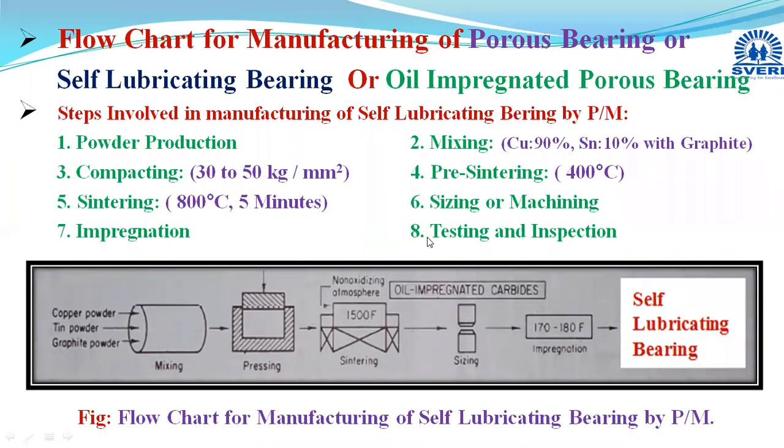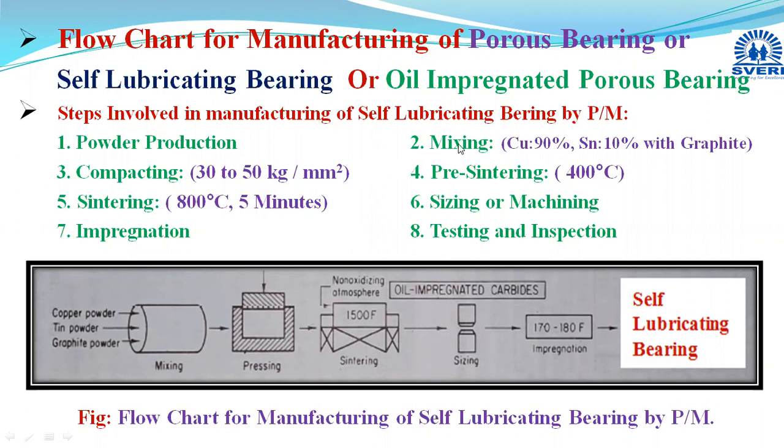So these are some reasons why it is termed a porous bearing, self-lubricating bearing, and oil impregnated porous bearing. We have done the impregnation with the help of oil, hence it is termed an oil impregnated porous bearing. So these are the steps, and along with those steps,